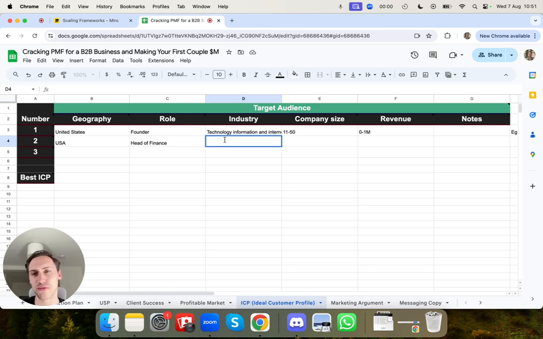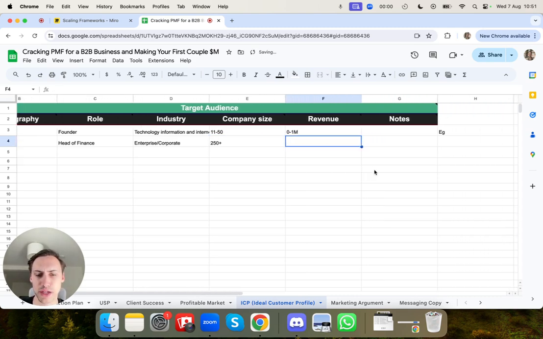I don't know what industry it will be, but every big company has a finance department, so let's just stick with enterprise or corporate. There may be an industry that you're after. It may be just Fortune 500 or something. All right. Company size maybe 250 plus. Revenue maybe 100 mil plus. If it's 250, maybe that's 10 mil plus. And then